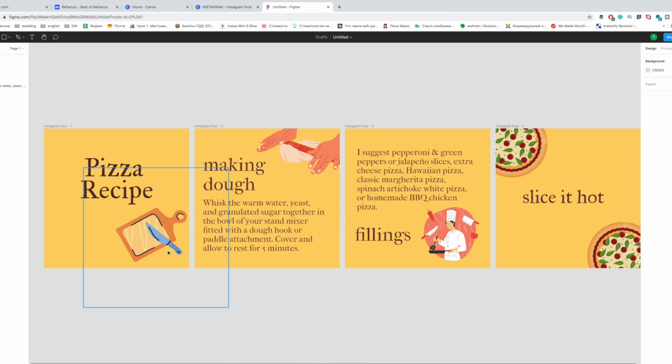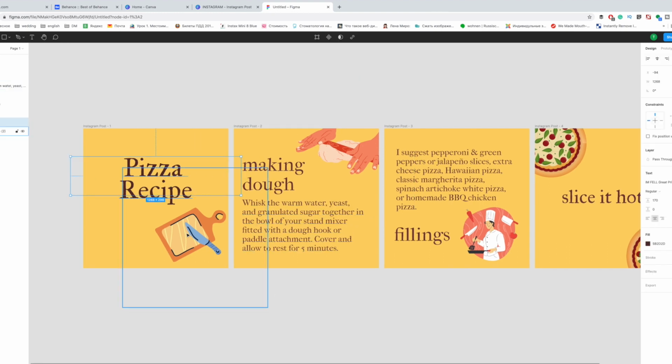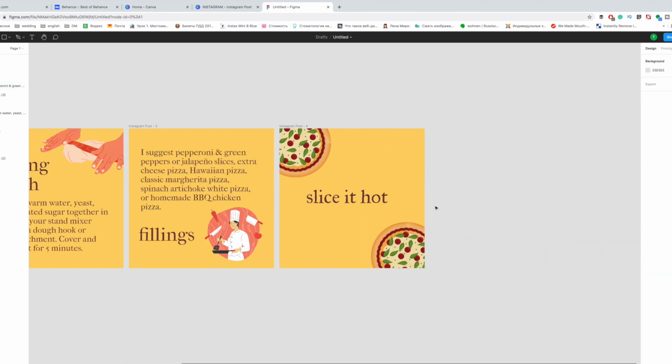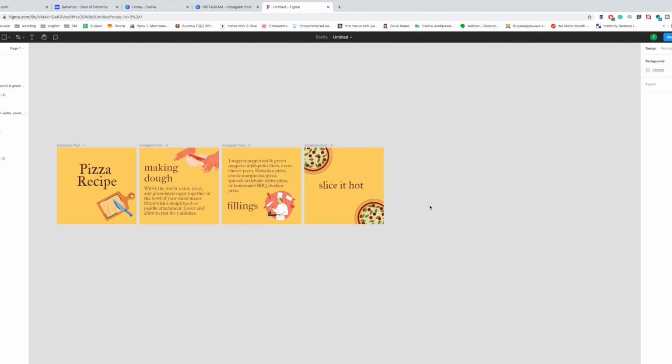The other platform that I personally use for creating Instagram creatives is Figma. I use Figma for creating this seamless Instagram carousel post that looks like one storyline, like one story, right? Figma is very easy to use as well,